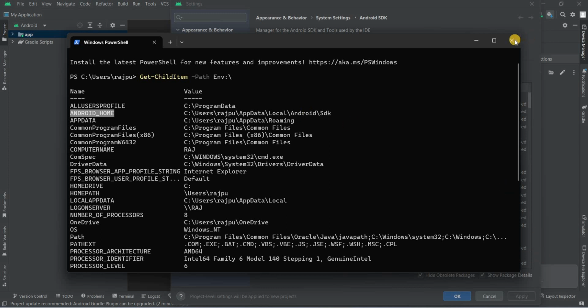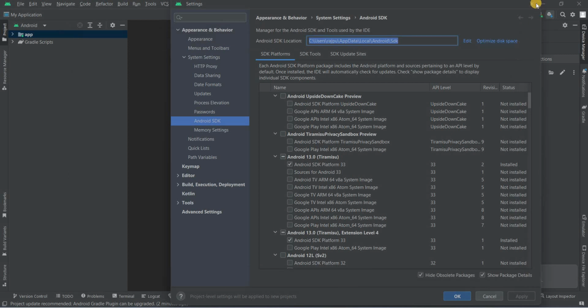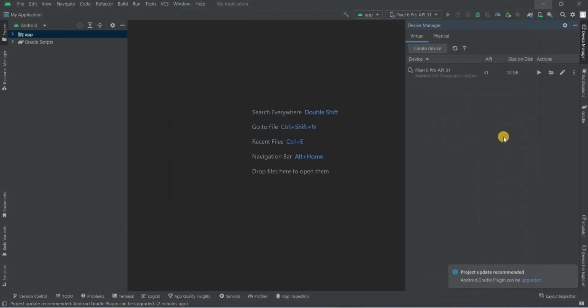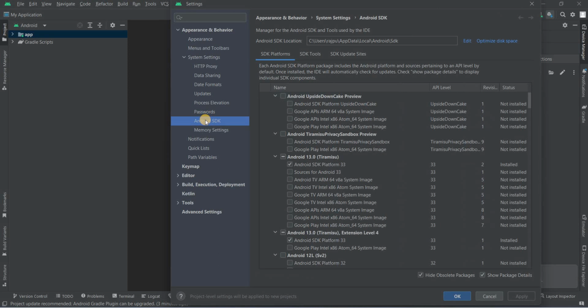Next we are going to set up our SDK, because the SDK is also required, and we also need to set up the simulator. First of all we are going to set up the SDK. Simply go to your Android Studio again, click on the SDK Manager, and you can see the Android SDK.